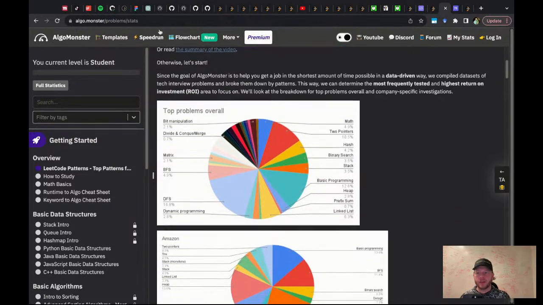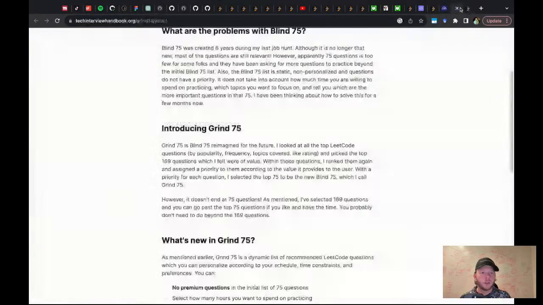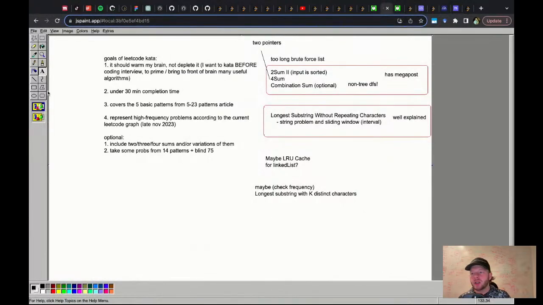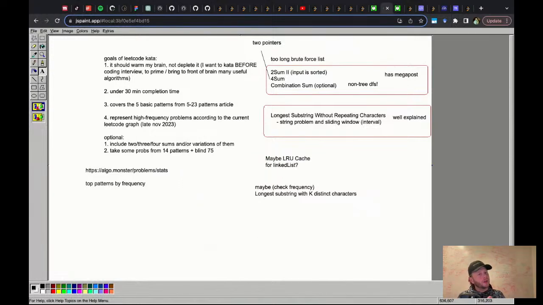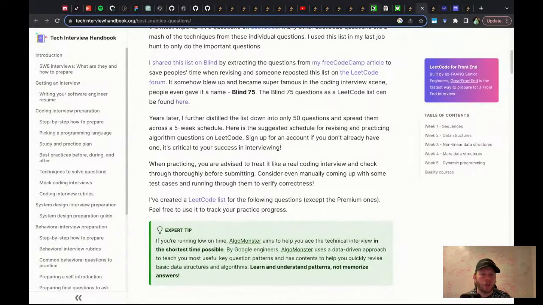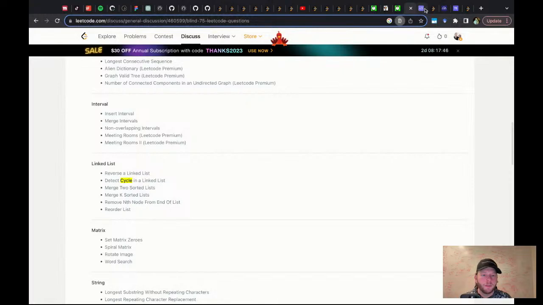I really like this. So I make a practice of looking at the top problems by frequency, and then I go problem to pattern, but they straight up looked directly at the pattern by frequency, which is awesome.